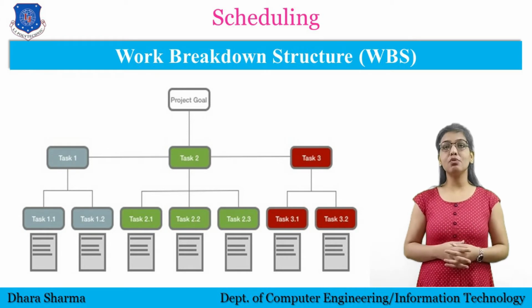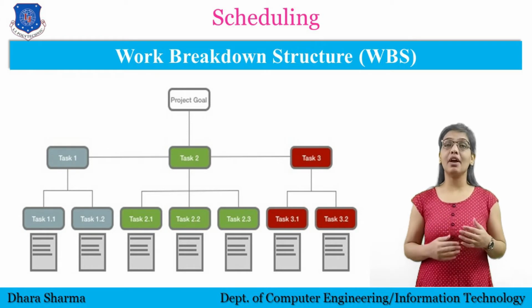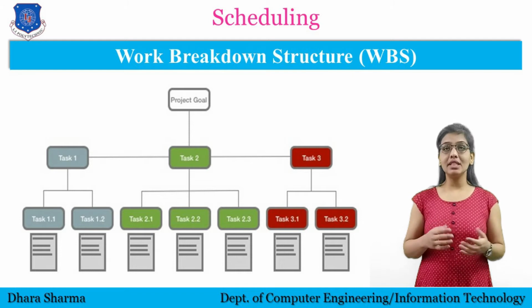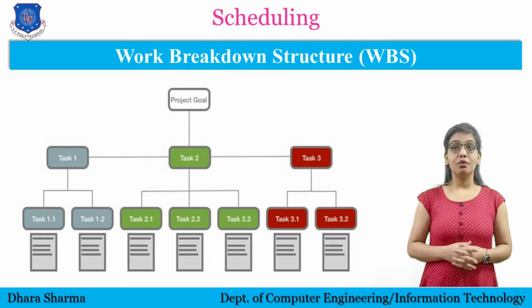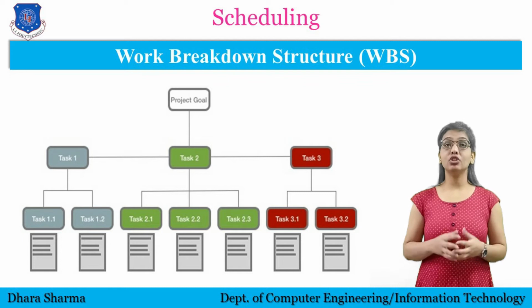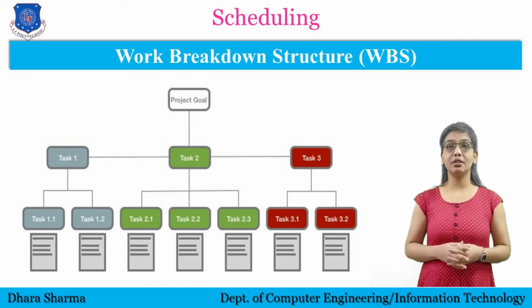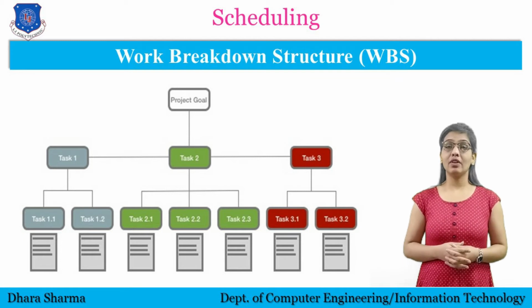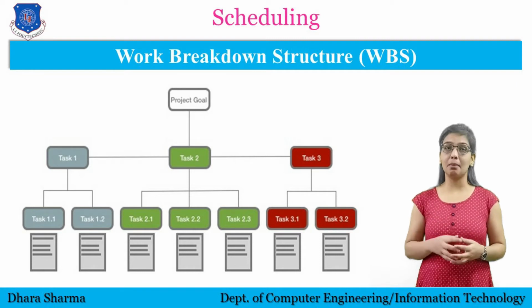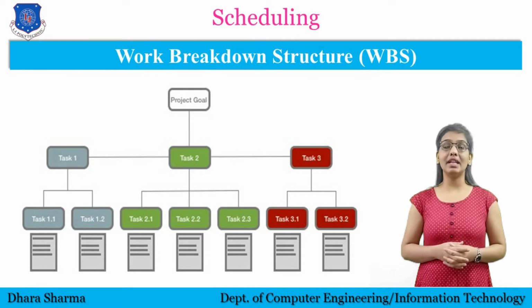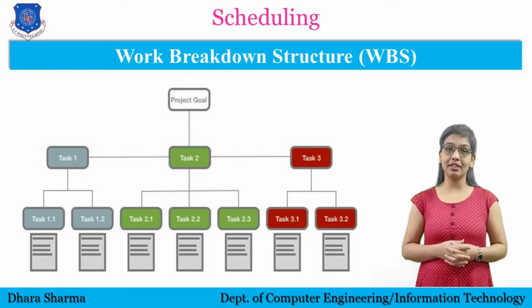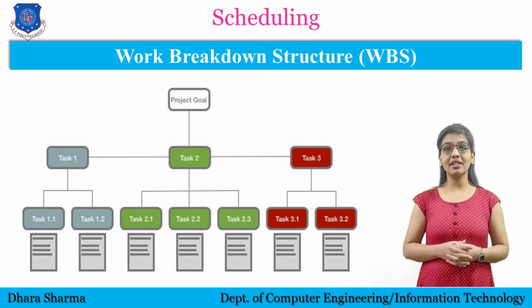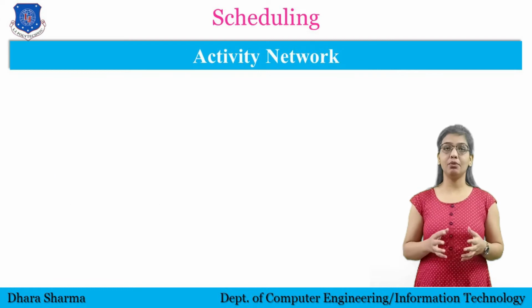Here the project manager will decide how work should be divided using WBS. You can see the example in which activities are divided into sub-activities using WBS. The processes to develop software are categorized and then again gradually decomposed into further subparts. So basically in scheduling, the first task is to identify multiple tasks by dividing them using WBS. Now let's understand the second scheduling technique, which is activity network.